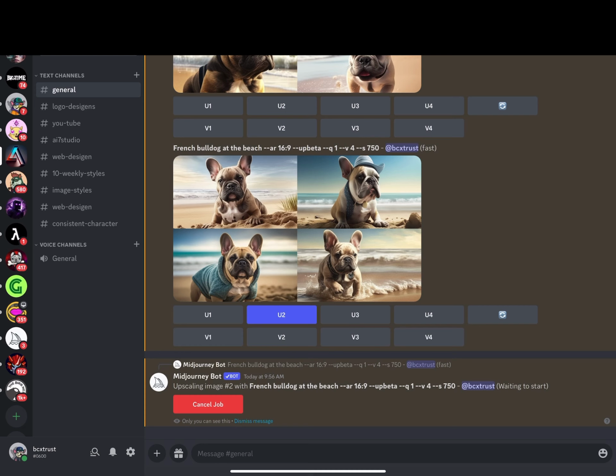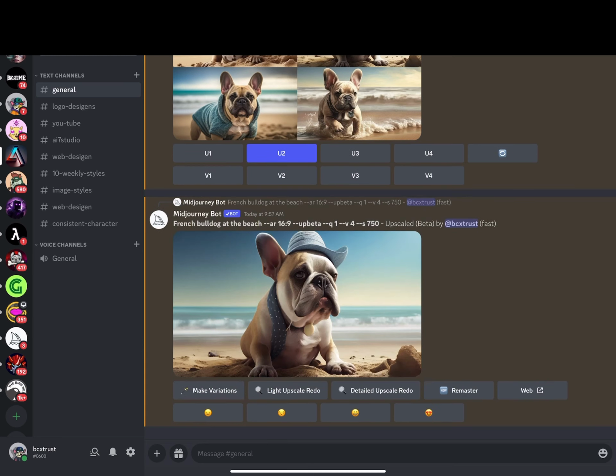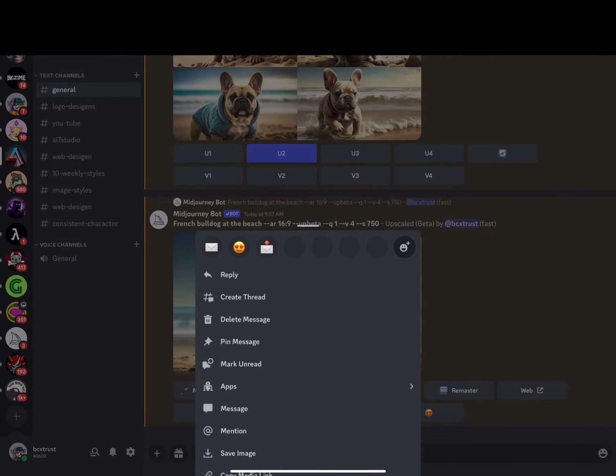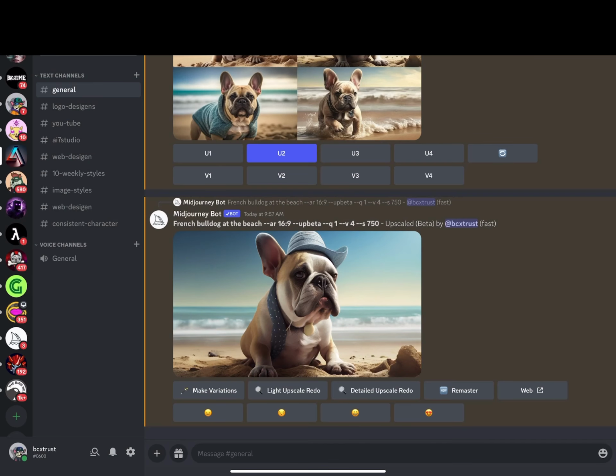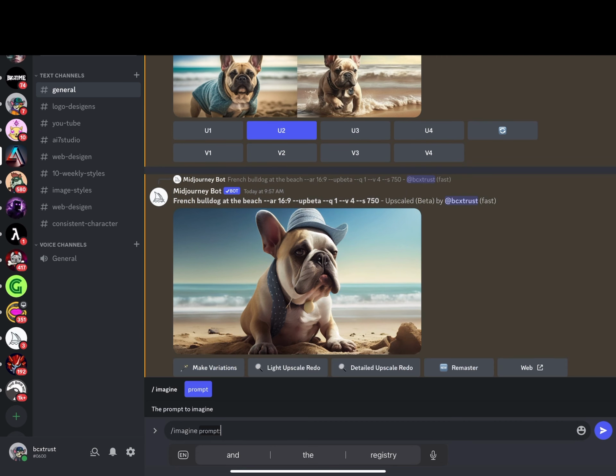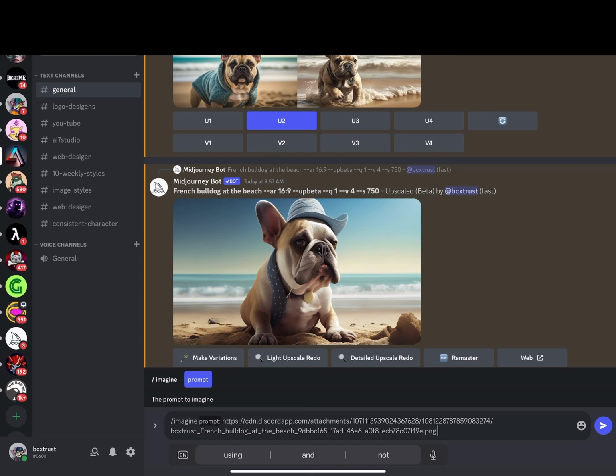So I will wait until it's upscaled, then I will use the image, take the image URL, put the image URL at first in the prompt, and then I will also modify the prompt. So you see the image is created, and to get an image URL, it's very simple. Just click on it, copy media link, and then you go ahead. And we will do the same. I go imagine again, copy in the media URL, and then